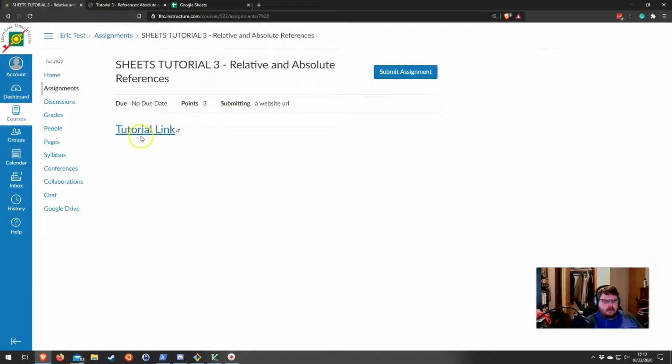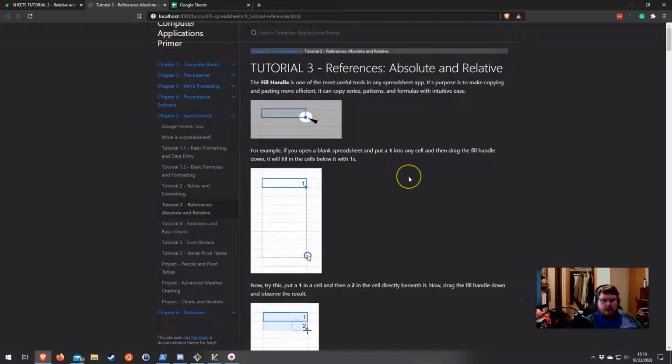In this tutorial, which is linked here, and I have it open here, we're going to talk a little bit more about the fill handle and some of the different ways you can use it to manipulate the way cells are automatically filled. Because remember, the goal of anything on a computer is to eliminate that which is tedious and